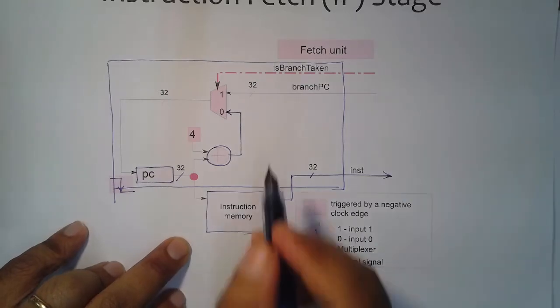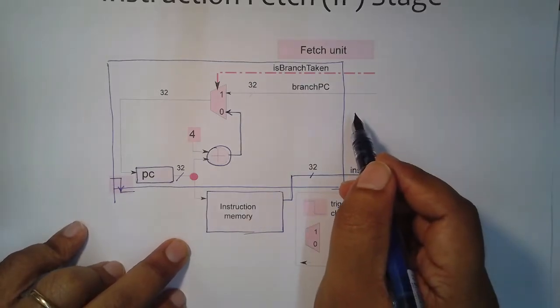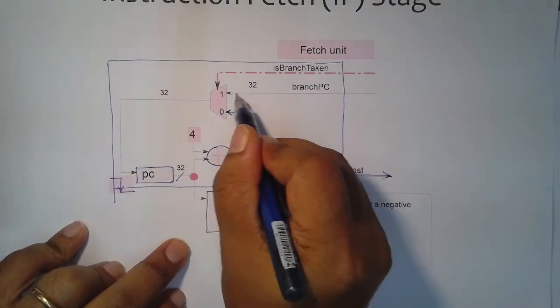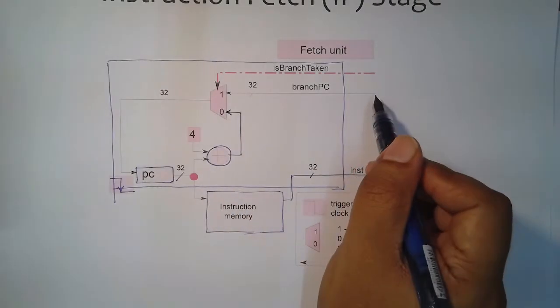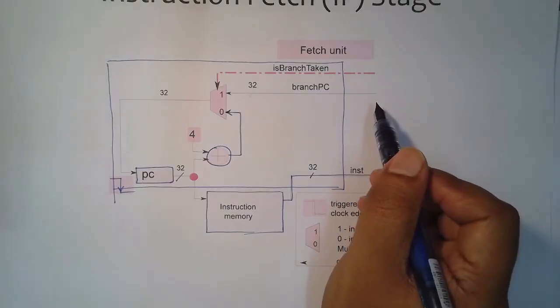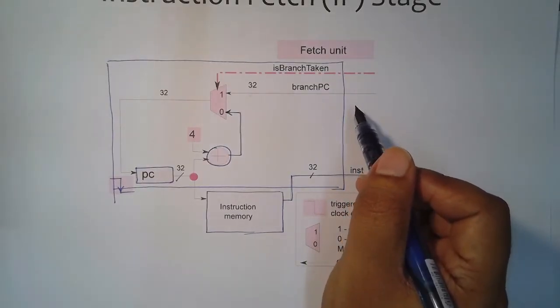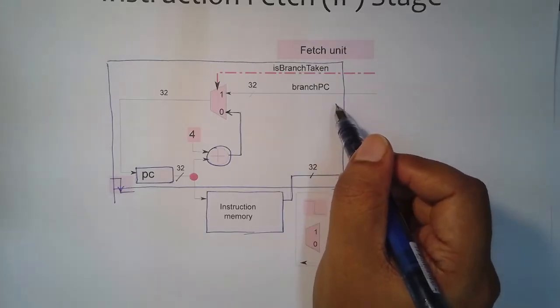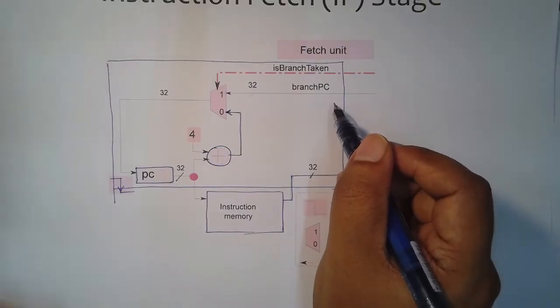Now if there is a branch, then the address will be different, and that address will come from some other stage. We will not talk about it at this point. In the next stage, the operand fetch stage, we will see that